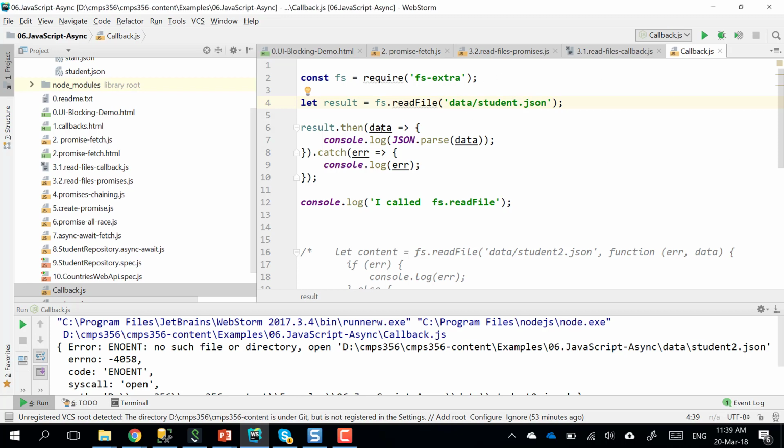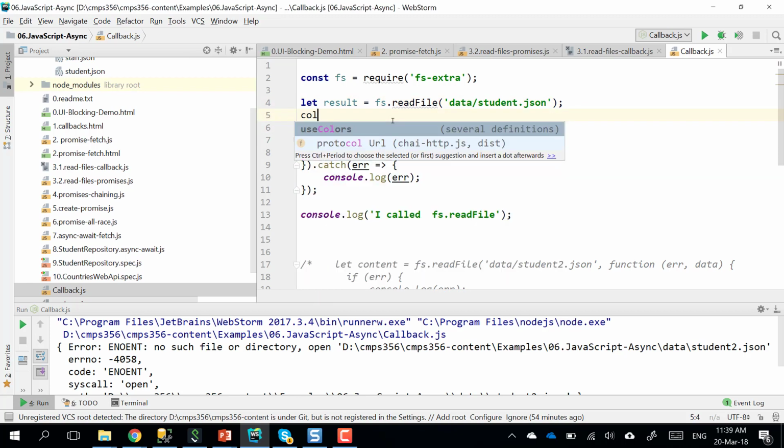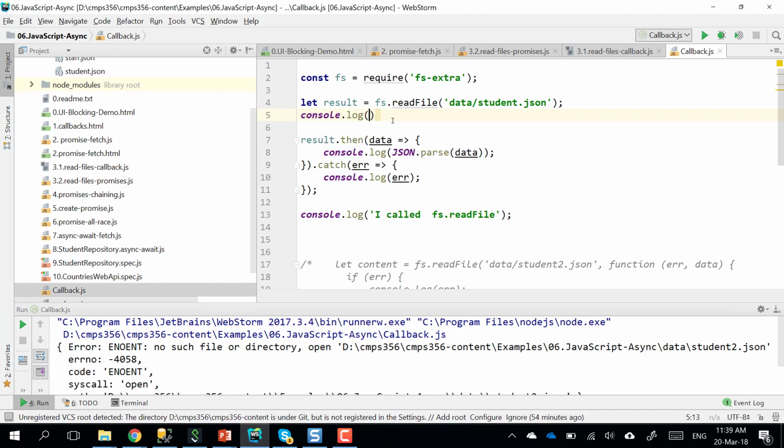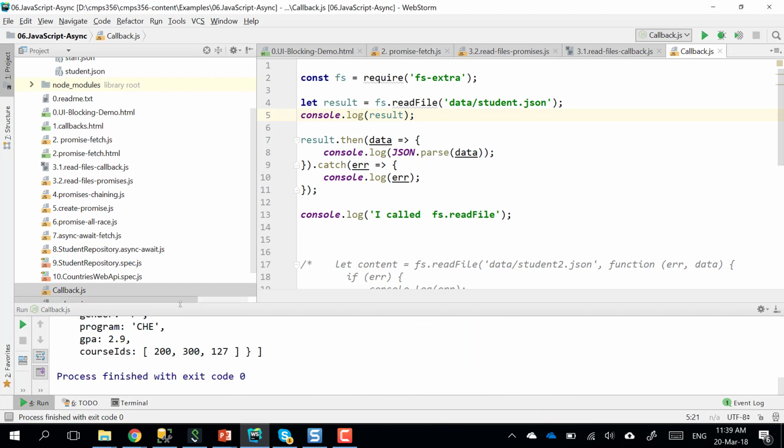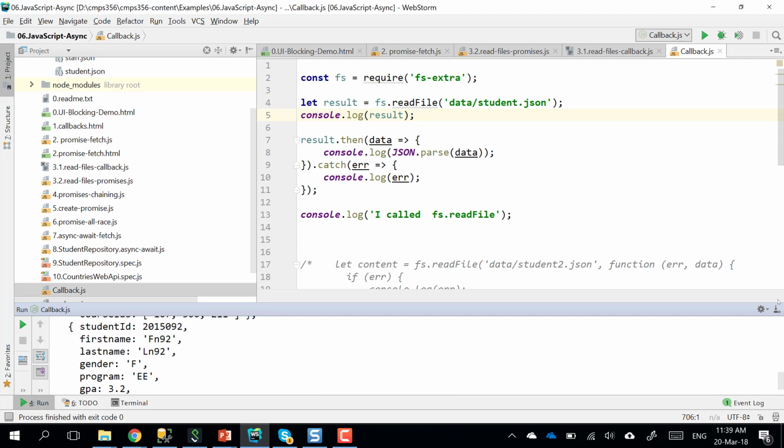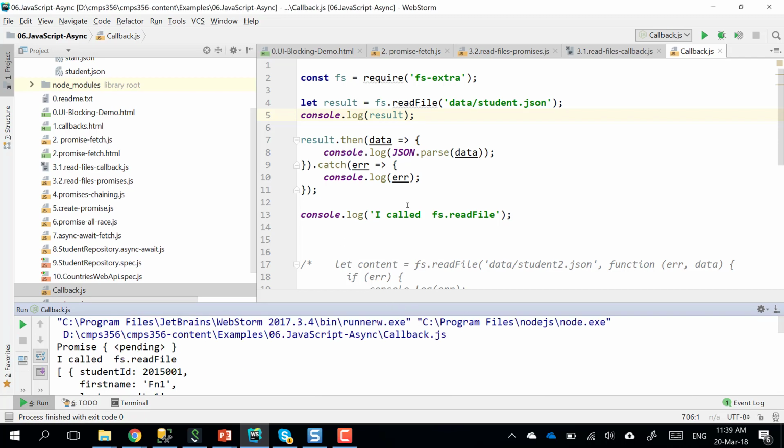Okay, so have a look. Let us try to do console.log of results. Are you following? Is it a bit clear? You have to play with this for it to be very clear. You see here, when I do console.log of the results, what is it? What is the result? Read here. It's a promise. What's the status? It's pending. Still not fulfilled yet. Now, when it is fulfilled,